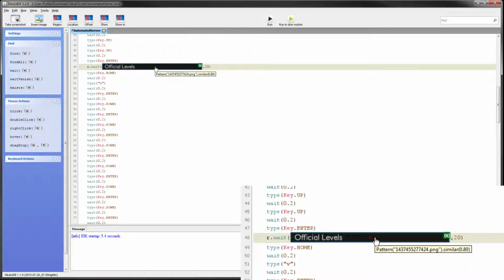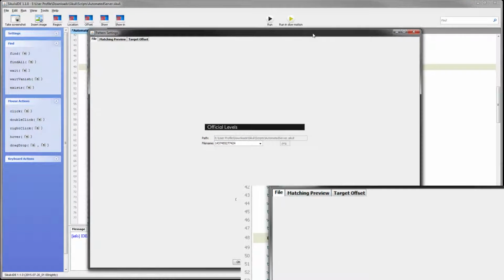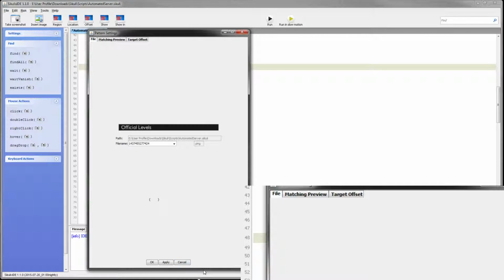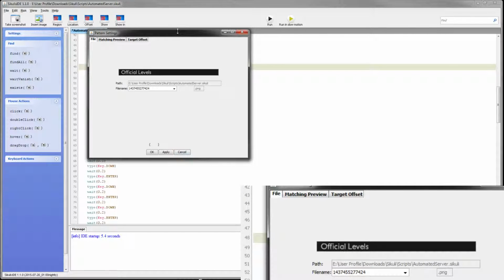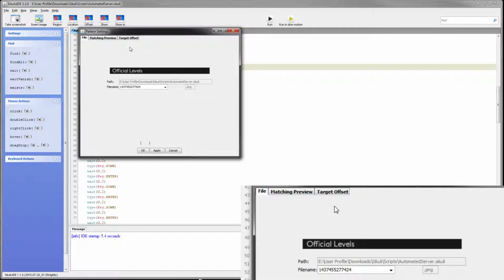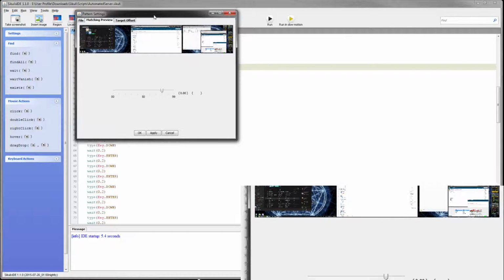It says similar 0.8 right there, and if you click on it, it will open this window where you can see the image, and if you go to this matching preview tab,